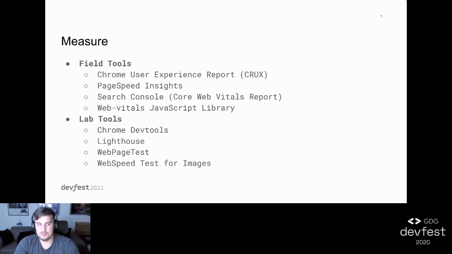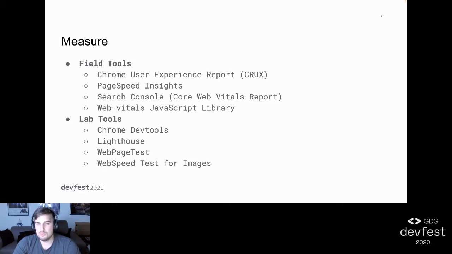So it comes as part of your DevTools. Then there's WebPageTest, and there's also WebSpeedTest for images. Those are kind of the outliers, because you could run them on websites that are out there today, and not necessarily just sites that are available on your laptop. But still, those are probably tools for developers. Now, the main difference between what I label a lab tool and a field tool is that the lab tool is something that you run on your machine. So it is going to take your network connection, your machine configuration, your architecture into consideration. Whereas the field tools,